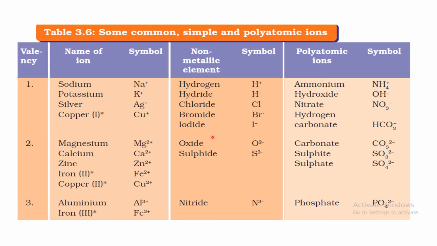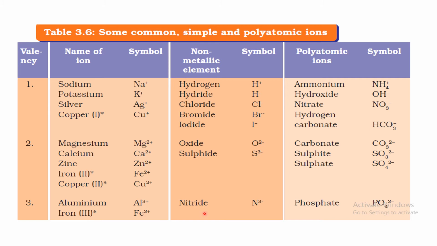You will remember. So oxide has 2 minus charge, its valency is 2 negative. Sulfide, sulfur, 2 negative. In the case of non-metals, they gain electrons, so the number of electrons is more, that is why they carry a negative charge. Like chlorine has 1 extra electron after gaining 1 electron. Oxygen has 2 extra electrons than protons, that is why it carries 2 negative charge. I have explained this in the previous videos also, and I am explaining again so that it will be very clear to you.